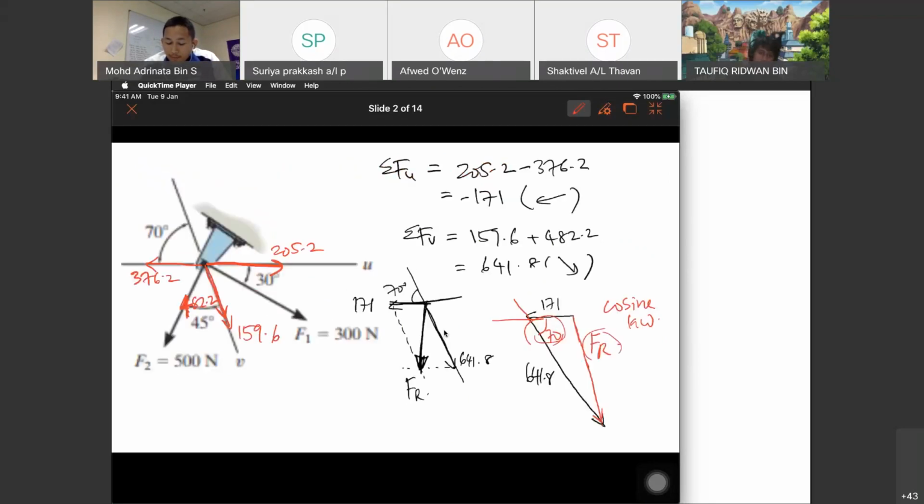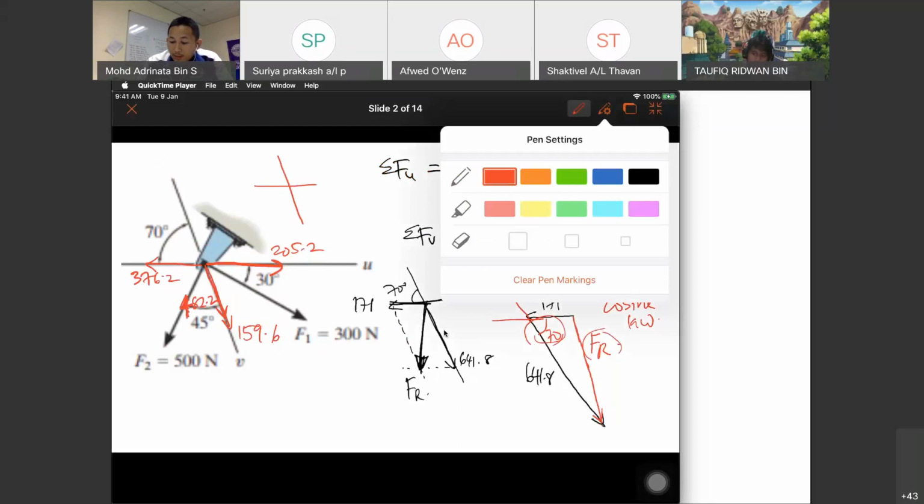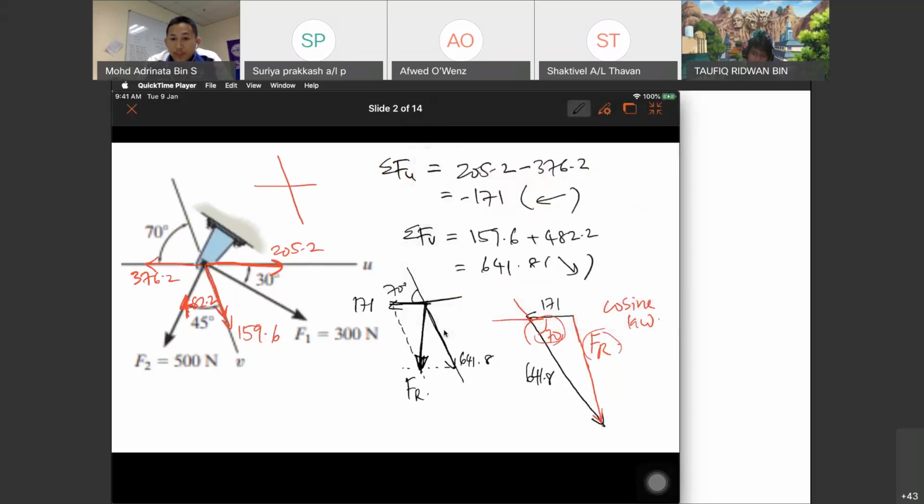Negative, if you find this one, okay, which one negative? In your resultant force. Resultant force, it doesn't matter. Okay, later I tell you. This one,